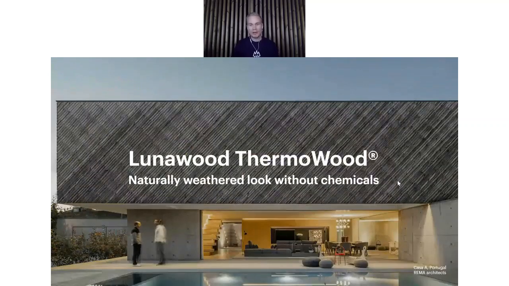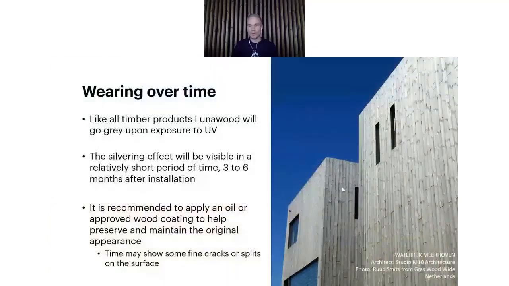Then we jump into natural weathering and how Lunawood actually turns into silver gray color. And like I said, we have quite many questions about whether it actually turns silverish gray. Like all timber products, Lunawood will also turn gray upon exposure to UV light. The silvering effect will be visible in 3 to 6 months, but of course it varies a lot. It depends on the weather conditions outside and where the walls are faced, basically. So there are, of course, differences between projects, but the approximate time period is 3 to 6 months after